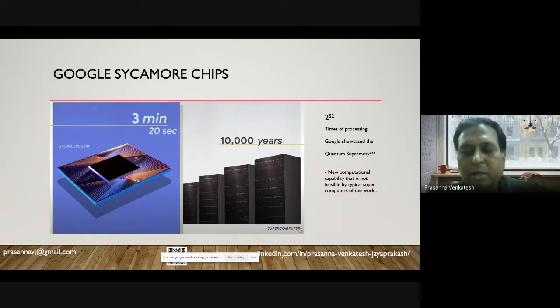And the Sycamore, the actual quantum supremacy that was released last year by Google, was done using the Google Sycamore chip.